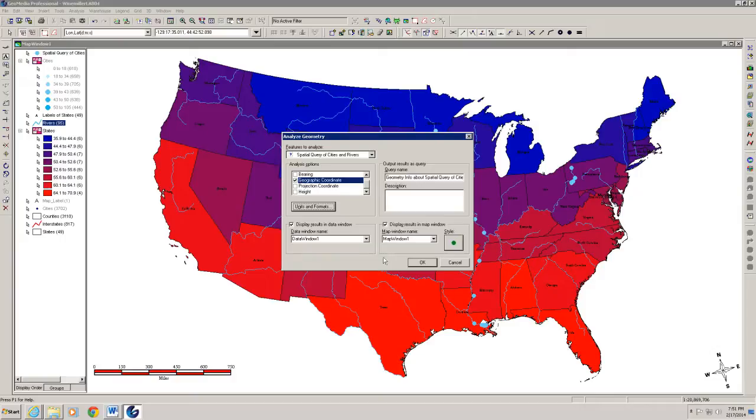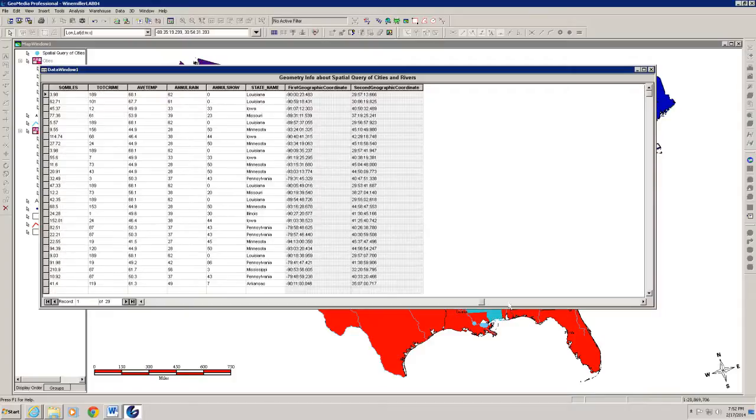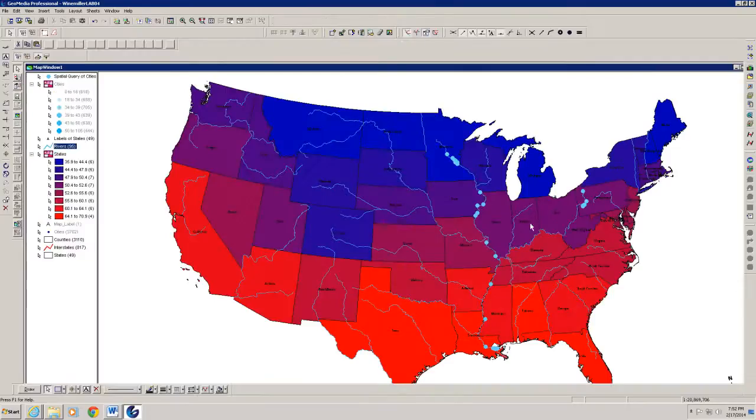That's good. Click OK. And the query name would be Geometry Info about Spatial Query of Cities. We don't need to display this in the map window. We just need to display the results in the data window. So we're going to get the geographic coordinate. Click OK. Here's your data window. There's your cities. If you scrolled all the way out, there's your longitude. There's your latitude for those cities. How easy is that? So you can close that, and you would copy them